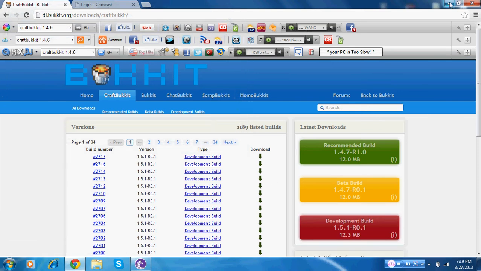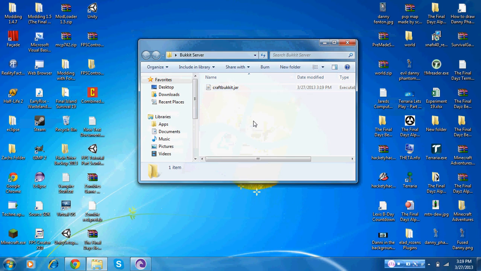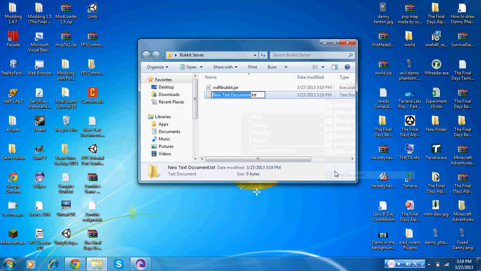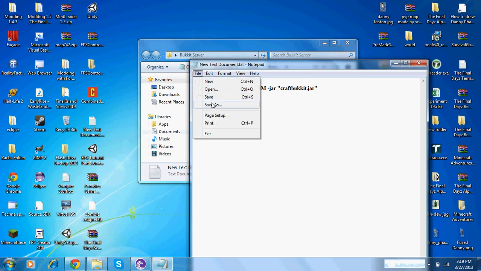And now, to generate all the files, you need to right click in the folder, double click on the folder, and then once you're in there, right click, new text document. Then just open that up and paste in this line of code. I think it differs for 64-bit users and 32-bit users, but I am a 64-bit user, so I don't really know the difference between the code, but just paste this code in here and do file, save as,